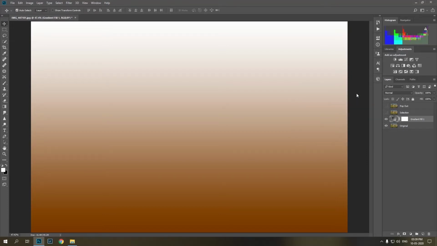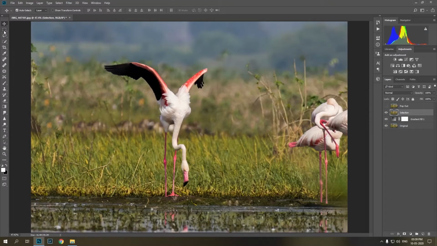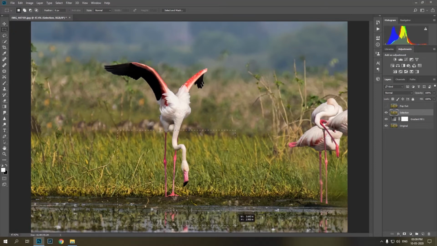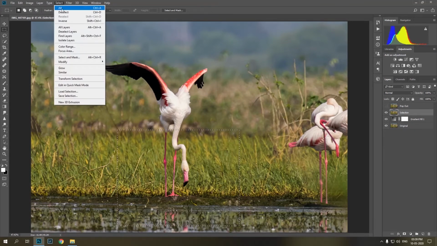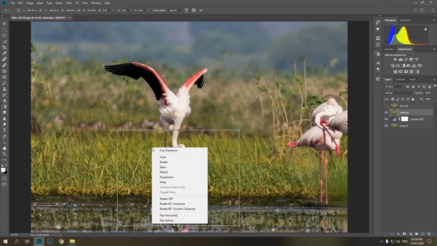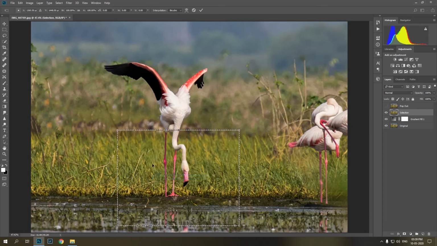Now make the selection layer visible. Select a rectangular marquee tool and make a selection of the area that you want to maintain as original in the final edited version. In case you miss the accurate selection, you can go to Select and click Transform Selection option to refine your selection. Now we will add some perspective adjustments to the selection. Right click inside of the selection and choose Perspective.